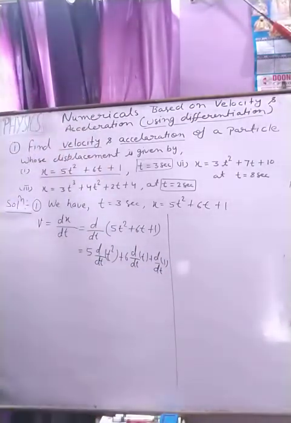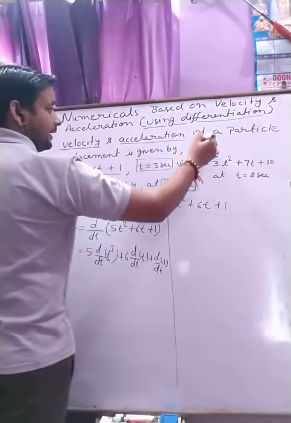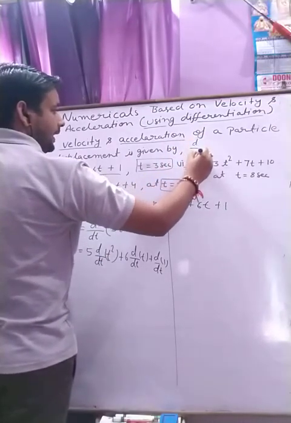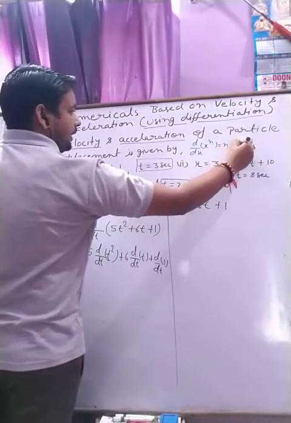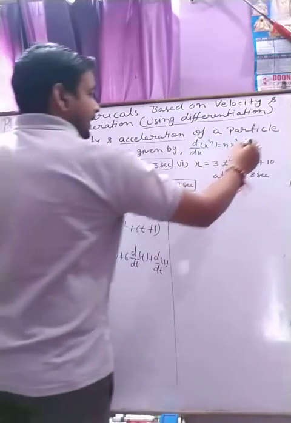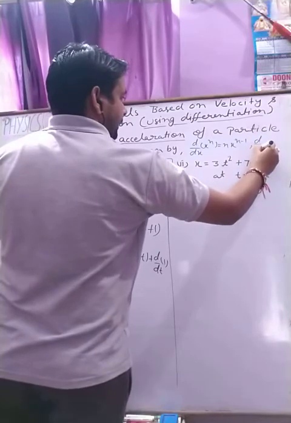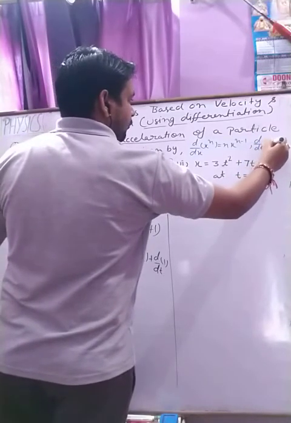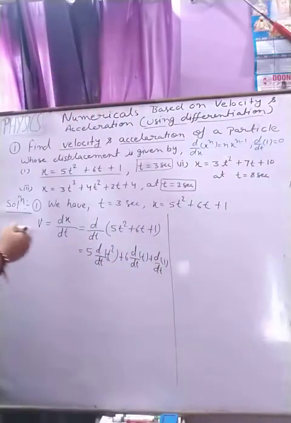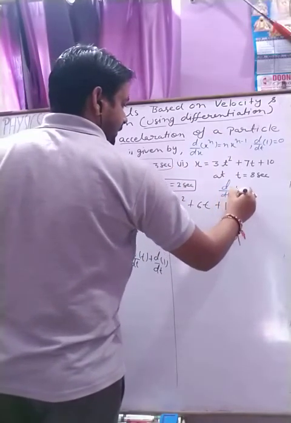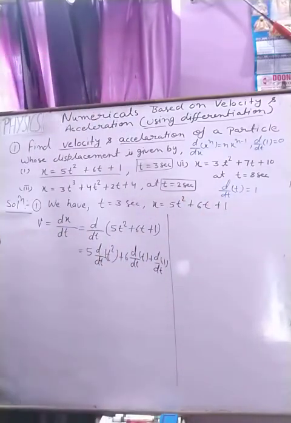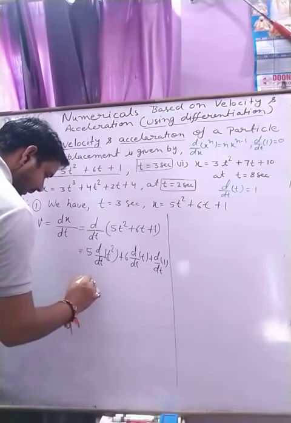So students, we have the formula. Here I am writing the formula for you. d over dx of x to the power n becomes n x to the power n minus 1. Second, d over dt of any constant like 1 becomes 0. And one more I am writing for you, that is d over dt of t is 1. Okay, on using all these formulas we are solving this numerical, so that 5 into